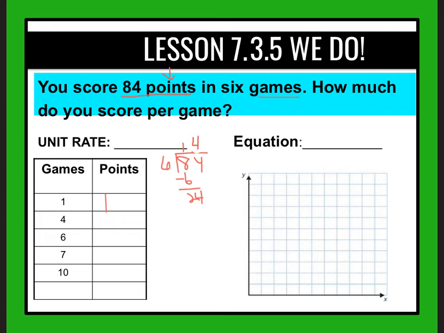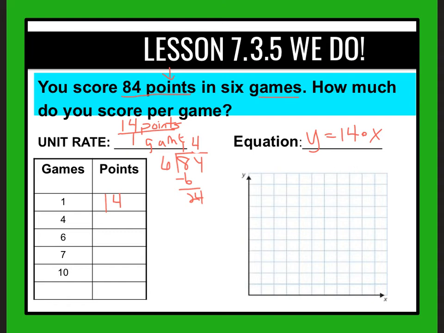Okay, there we go, because 6 times 4 is 24. So that would be 14 points in a game. Okay, so once again, if I have 14 points in a game, that is my unit rate over one game. Well, I can use that unit rate because I already know my equation is going to be that to get the total of points, it's going to be 14 times the number of games,